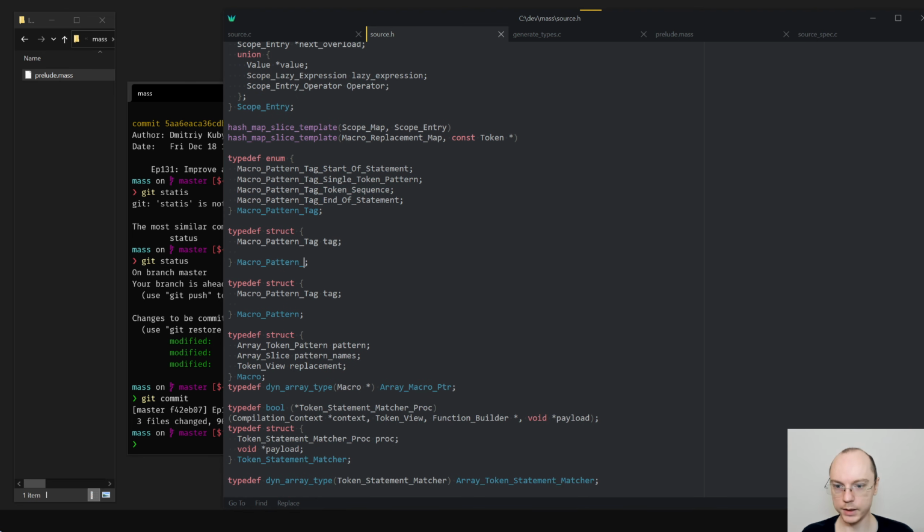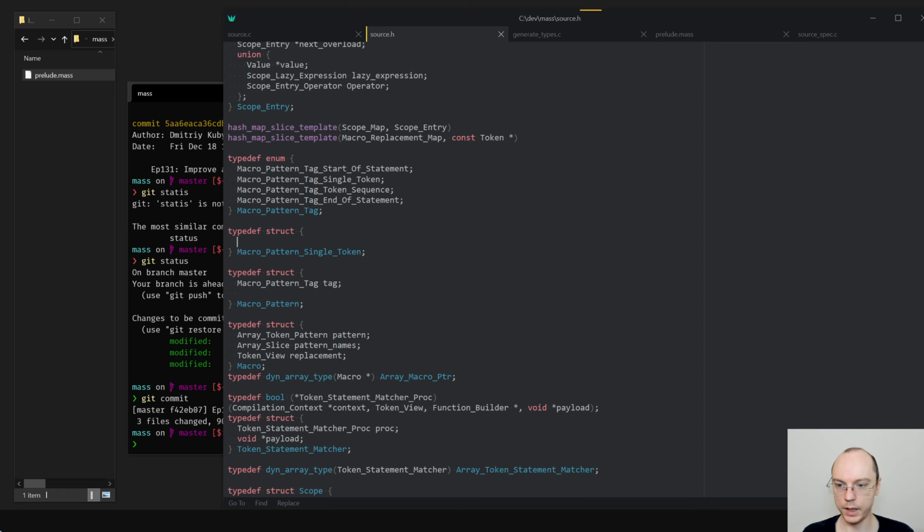So macro pattern single token that would have token pattern, or let's call it token pattern.